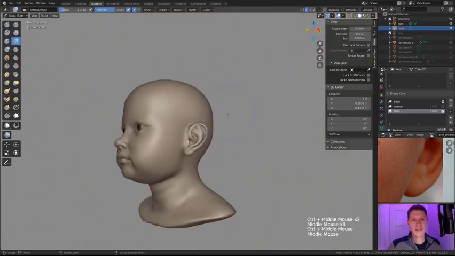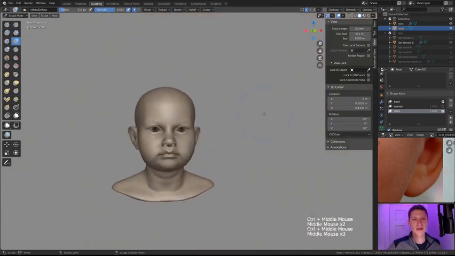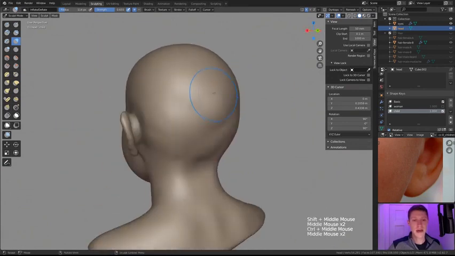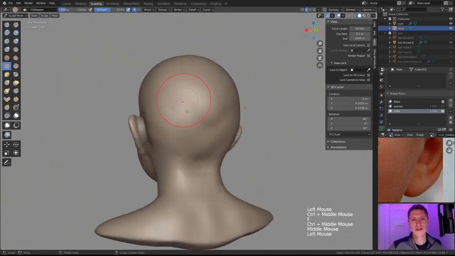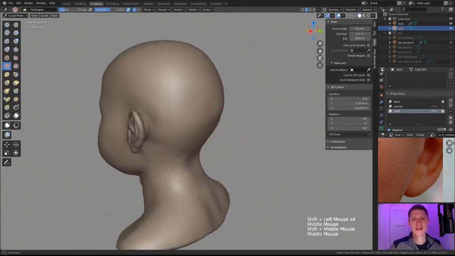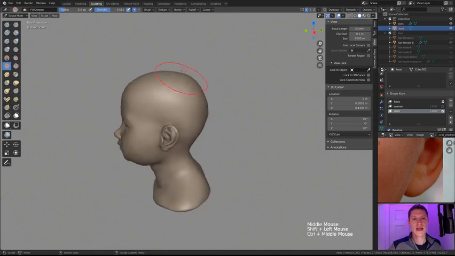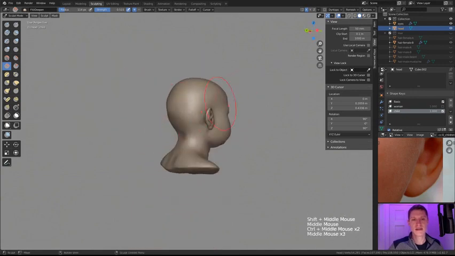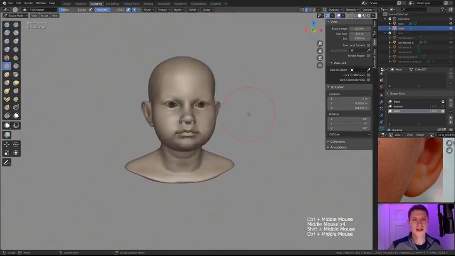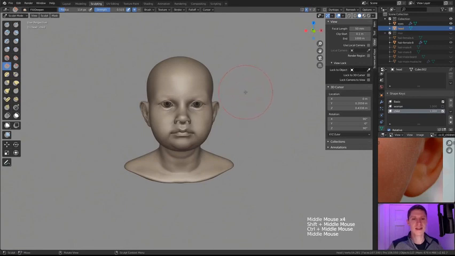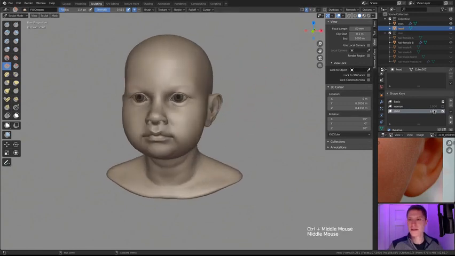And at this point, it's pretty much just a game of polishing off features. So like the back of the head, same kind of deal. Let's just reduce some of this definition using the fill brush, smooth brush. I want to reduce the pot marks and divots, stray ridges, that kind of thing. And overall, this is looking much, much more like a child. I like the flared out ears. I think that helps. And now if we look at the before and after,